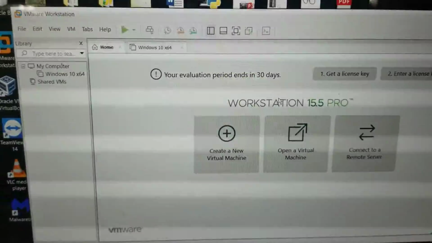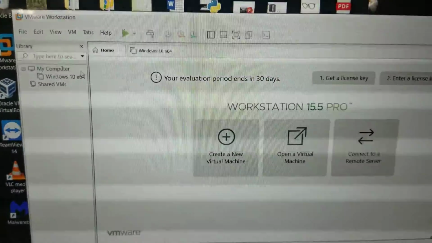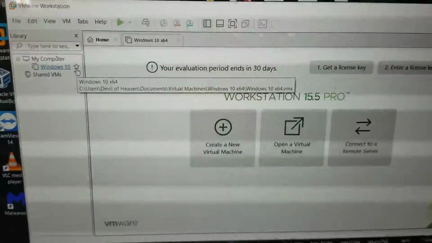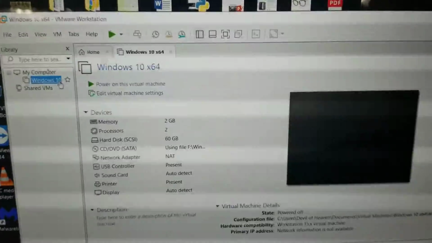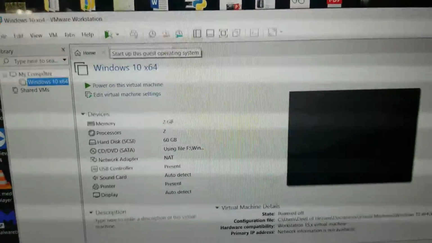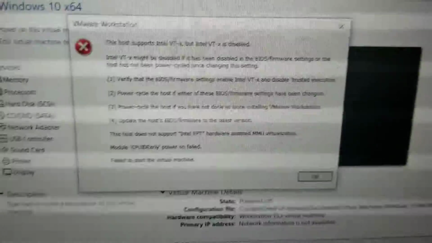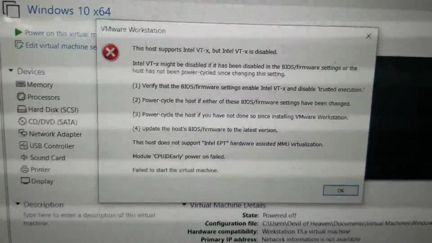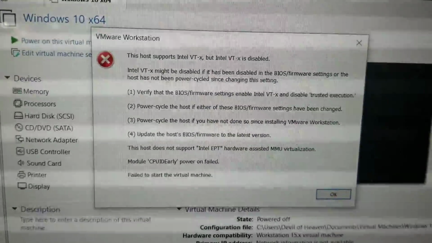Hey guys, today I'm gonna show a problem with the VMware Workstation. If you try to start this station, it gives the following error. So to fix this,